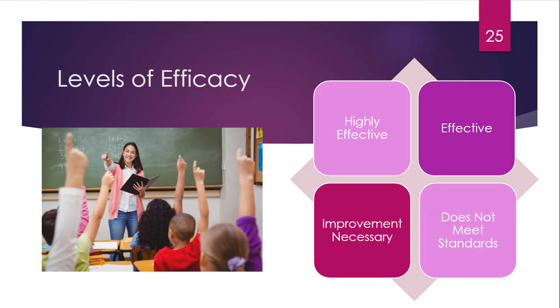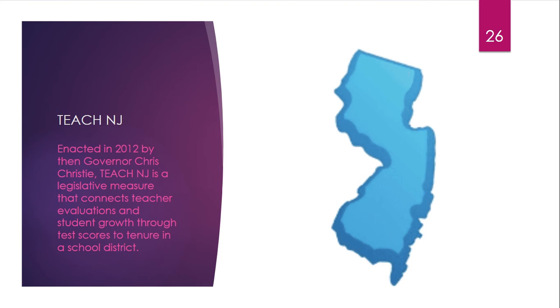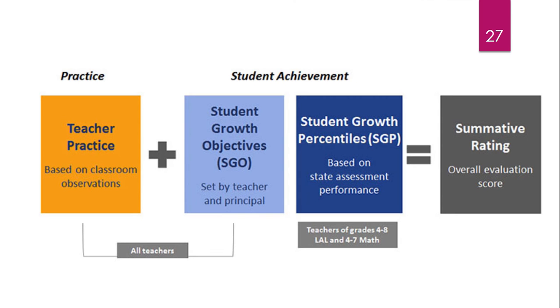And then we'll take those scores and assign a number to them and average them together throughout the year. Now, Teach NJ is a program that was enacted in 2012 by then Governor Chris Christie, and it's a legislative measure that connects the teacher evaluations and the student growth through test scores to tenure in a school district. So what that means is we will be using your classroom observation scores along with your student growth objectives and